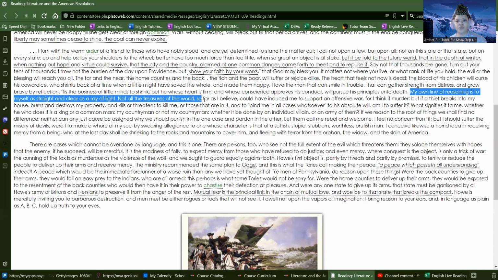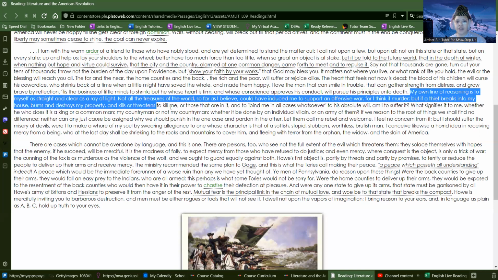Not all the treasures of the world, so far as I believe, could have induced me to support an offensive war, for I think it murder. But if a thief breaks into my house, burns and destroys my property, and kills or threatens to kill me or those that are in it, and to bind me in all cases whatsoever to his absolute will, am I to suffer it? So now he's leading into,